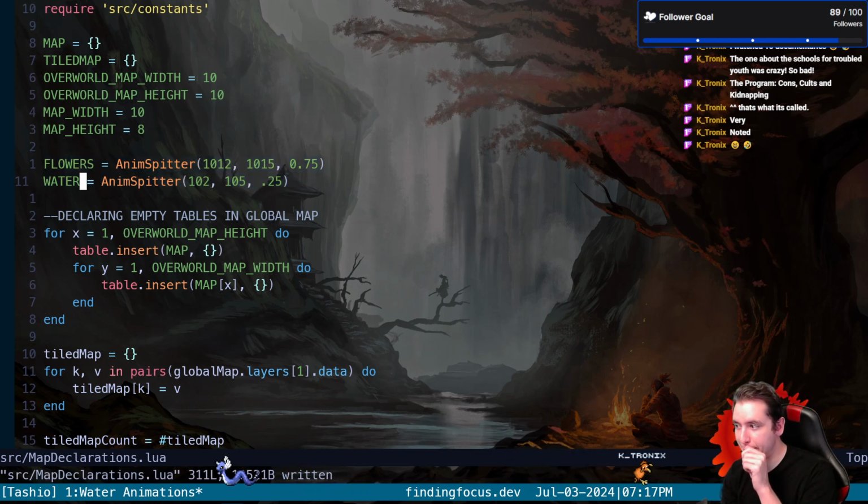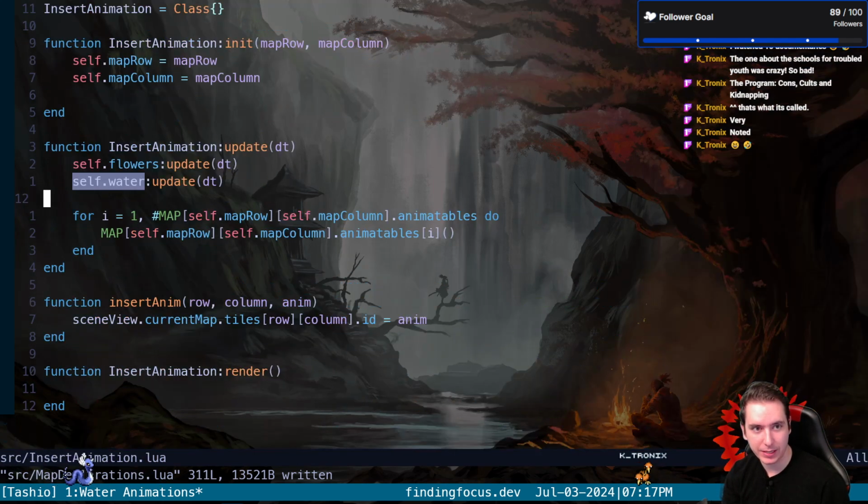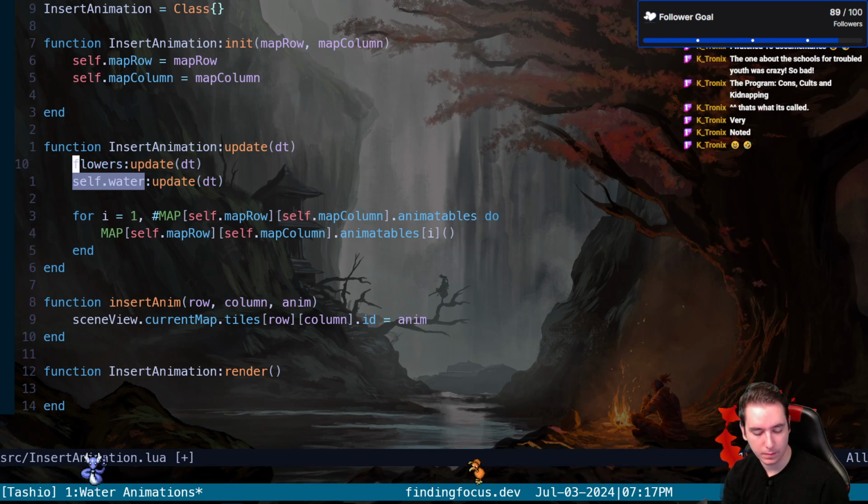That's what we need to update every delta time in order for those to spit out the correct frame. Now that still is going to exist in the animatables here, and we'll just do it like this. So they're still getting updated,